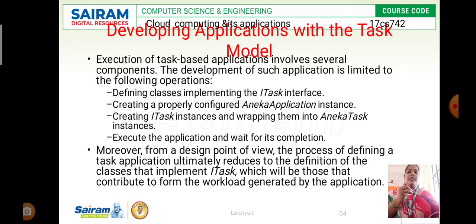Along with that, they provide file management, controlling task executions, web services integrations, and task libraries. These are all the different capabilities they support in the task model. Then I'll move on to